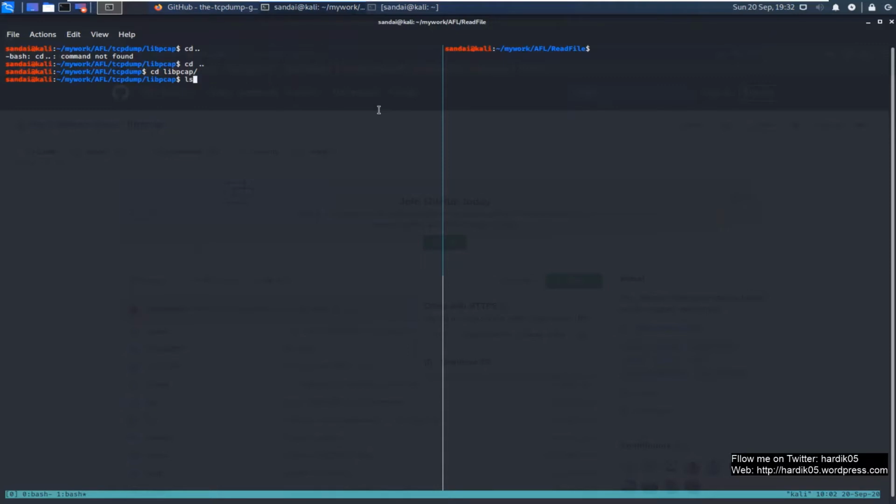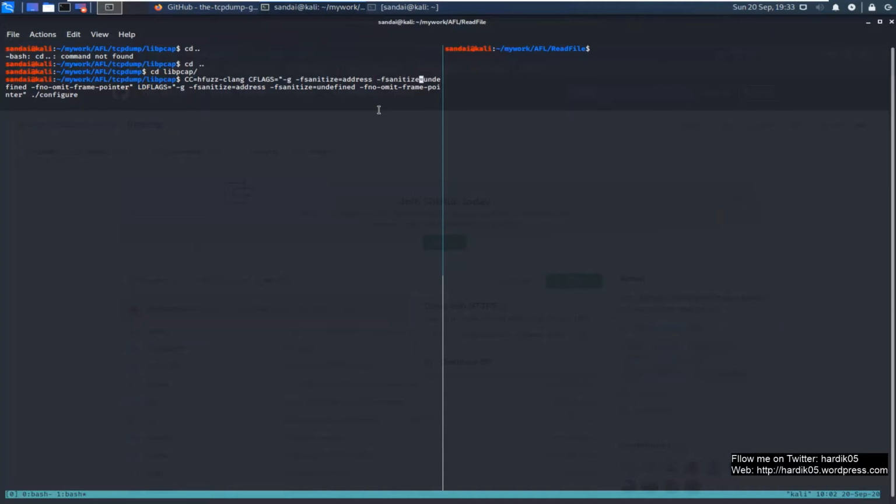Let's compile it using this command. CC equals hfuzz-clang, CFLAGS is -g -fsanitize=address -fsanitize=undefined. What fsanitize=address and fsanitize=undefined do is enable the address sanitizer as well as the undefined behavior sanitizer.